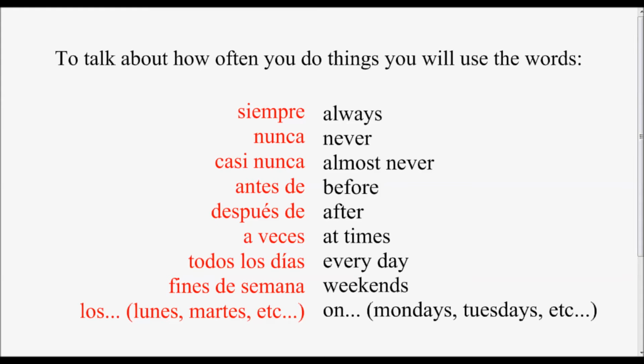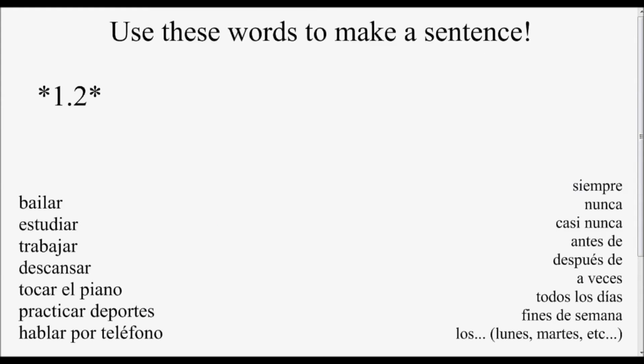So, let's go ahead and put these vocabulary words into action and see what kind of sentences you can make up. In these online lessons, when you see asterisks next to a number like 1.1, 1.2, you will know that what is written out next to this number will be taken for a grade. In this instance, you're going to make a sentence using the vocabulary given. You need to use one vocabulary word from the left column and one vocabulary word from the right column to make one sentence. And you need to use your prior knowledge of Spanish to complete the sentence. So once you've chosen your verb and your frequency word, you can begin.